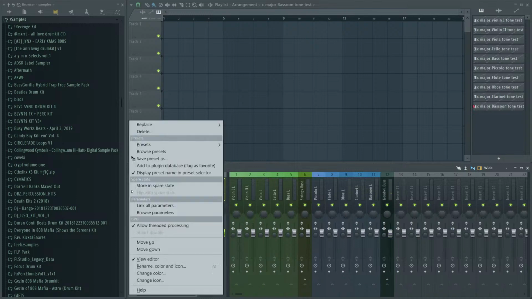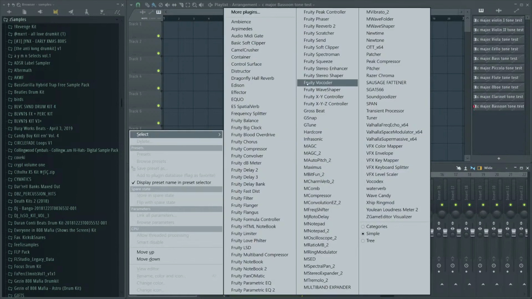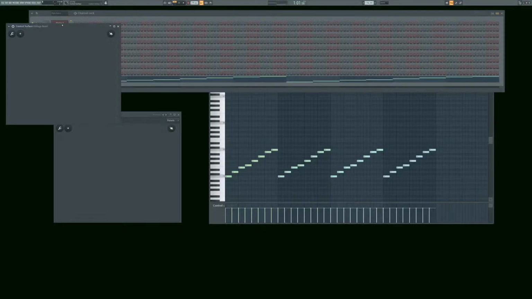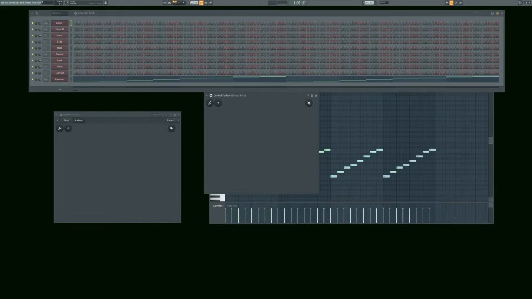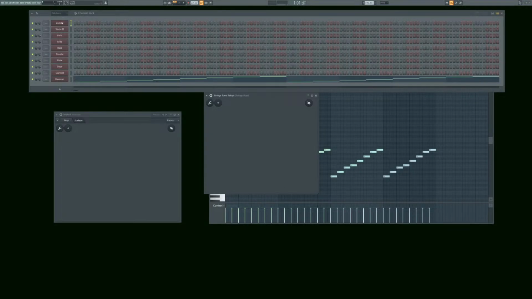Strings. Let's take this control surface off of the master. Let's click on strings, because if I was thinking about strings, I would be like, okay, there we go. Let's have control surface here. And then we'll make this the strings key. And right click it, say strings tone setup. Or voicing mode, scale, key, whatever. Let's call it just tone setup. So the strings tone setup, let's have a